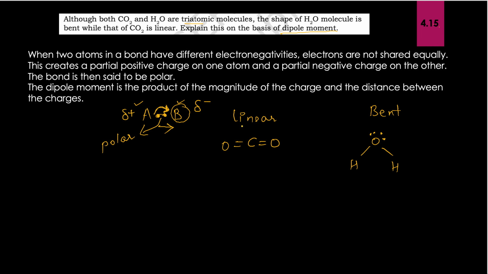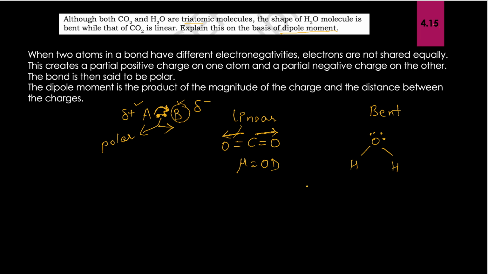So when that happens, your electrons are moving towards oxygen. So when electrons move towards oxygen, the direction is going to be away from carbon, and for this to happen, the bonds must be equal and they must be opposite in order to nullify each other. This one is opposite to this, and therefore they will nullify each other. Okay, so when that happens, the dipole moment is going to be 0